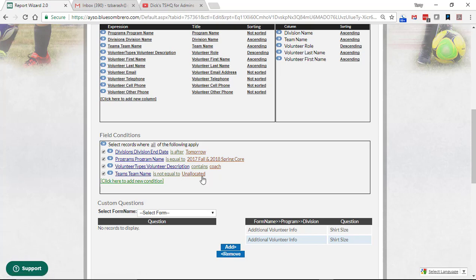Now you may ask, how did I figure that out? Well, basically use the reports that already exist and look into those columns to see what is being populated. For example, I noticed that unallocated was showing for the team name when someone was not allocated to any team. So I put that as team name is not equal to unallocated, and then basically saved